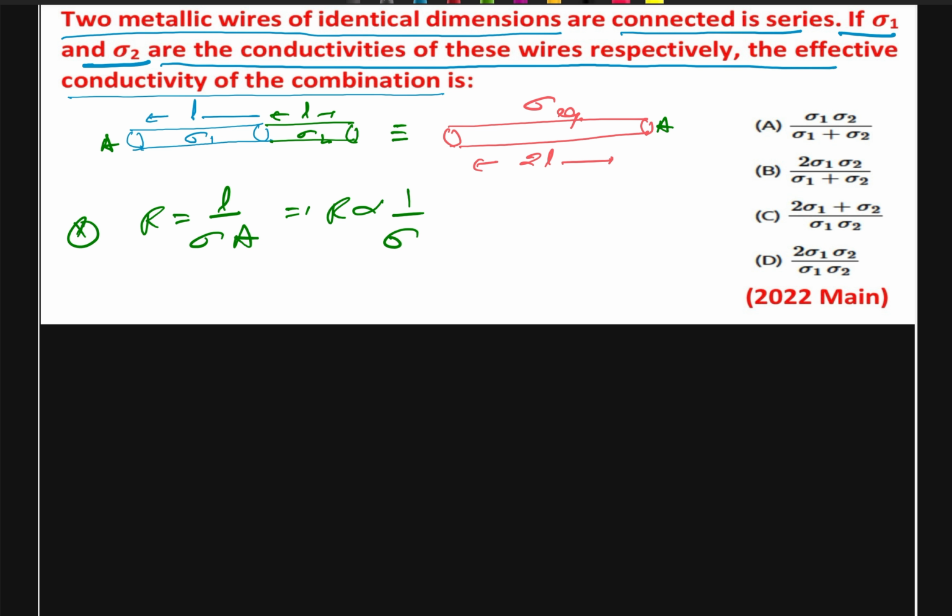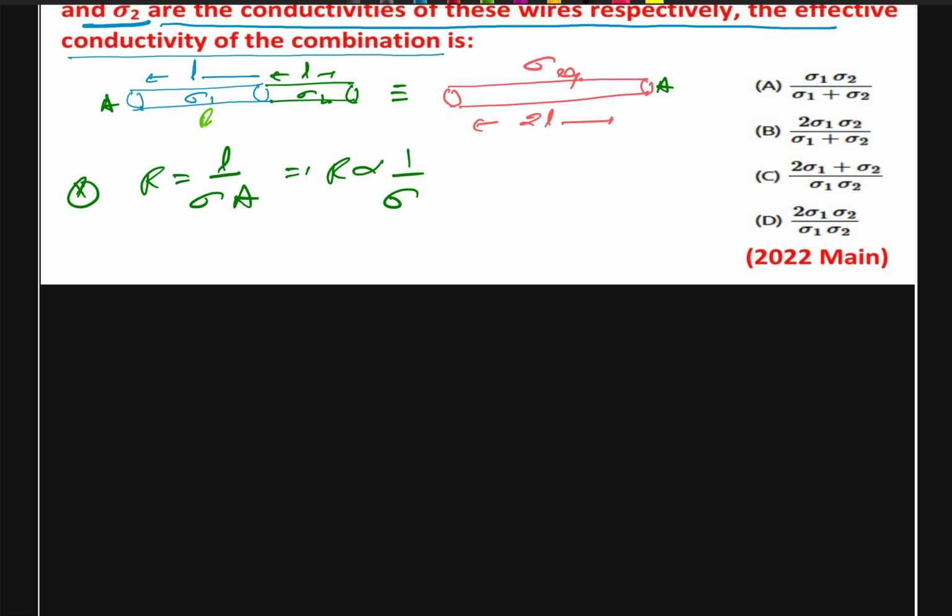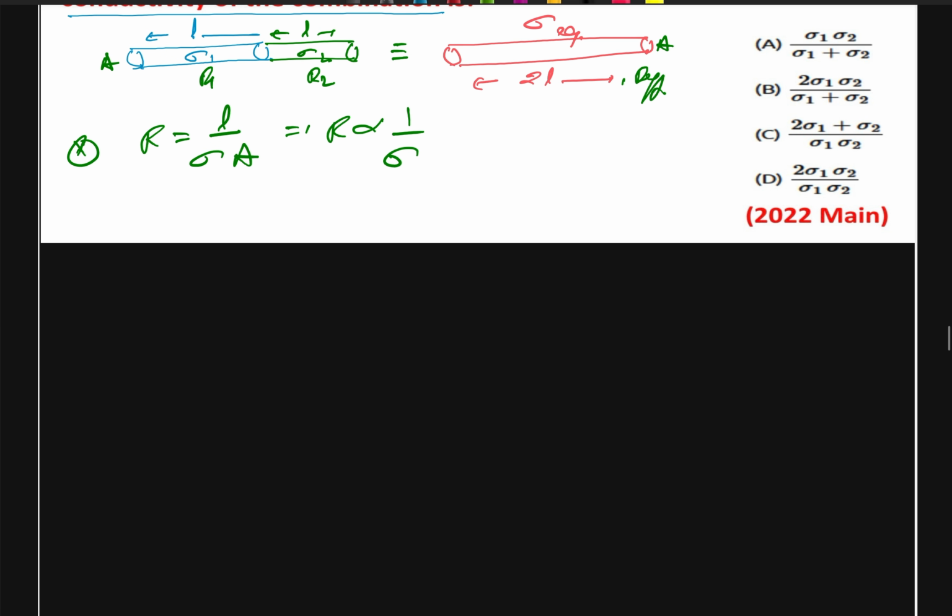And if this is our R1 and R2 and this is our R effective, when they are connected in series, we can say our R effective will be equal to R1 plus R2, or we can say this will be equal to L upon A plus L upon A,